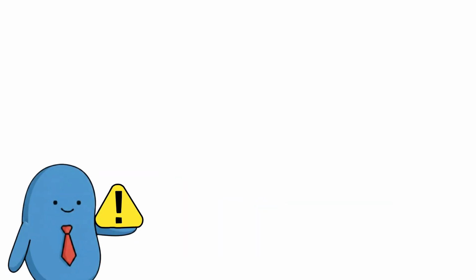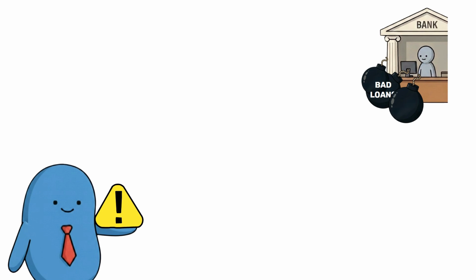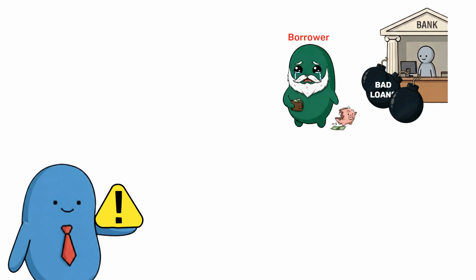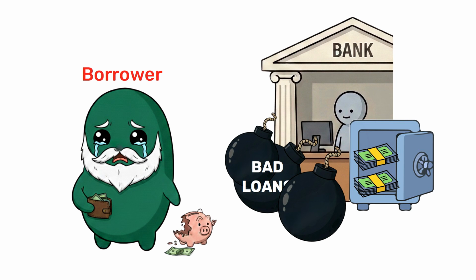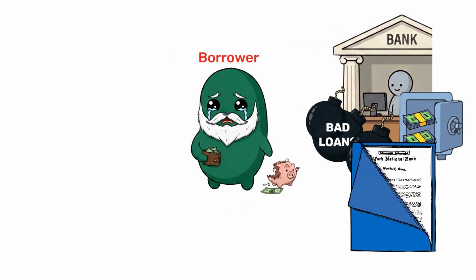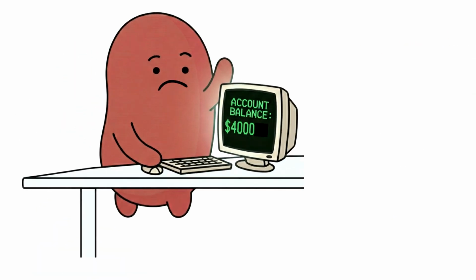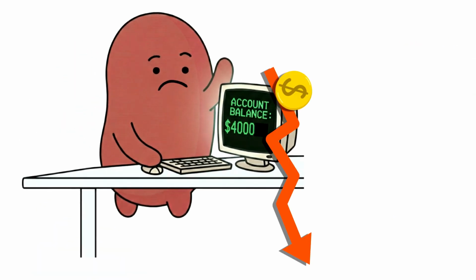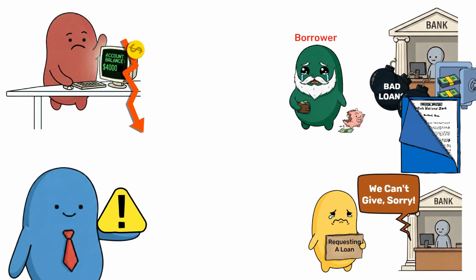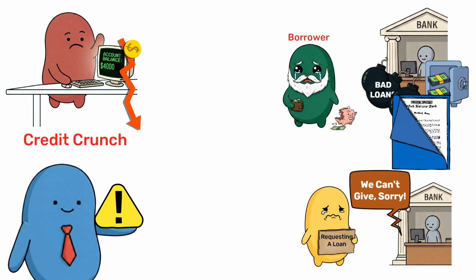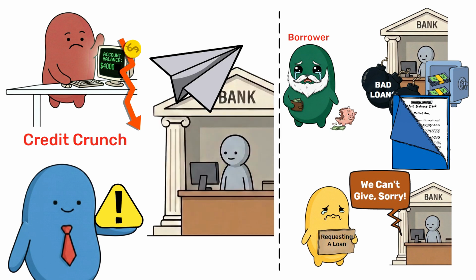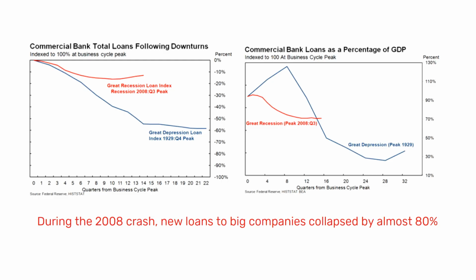And that's where risk creeps in. If banks make too many bad loans or if borrowers start defaulting, the created money evaporates as loans disappear from bank balance sheets. Banks shrink their lending to protect themselves, which reduces new money creation even further. A credit crunch is basically the banking system putting itself in airplane mode at the worst possible moment, something we saw in the market crash of 2008.